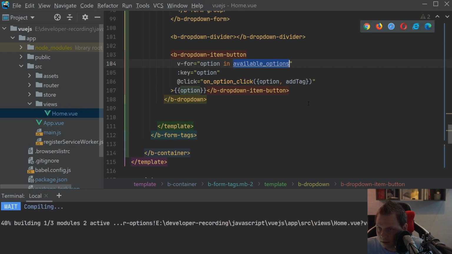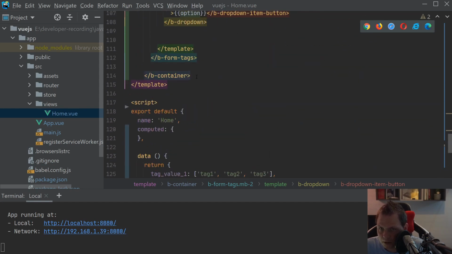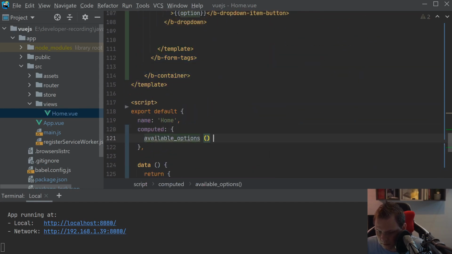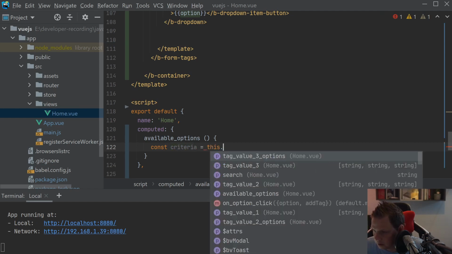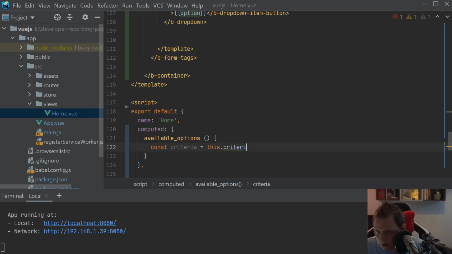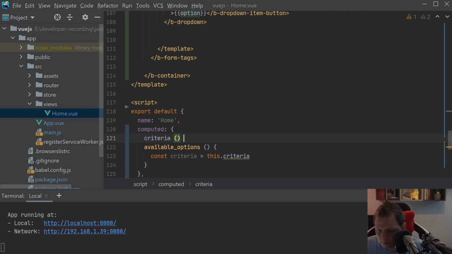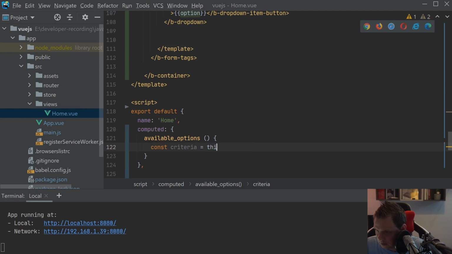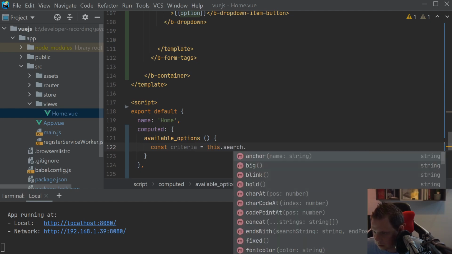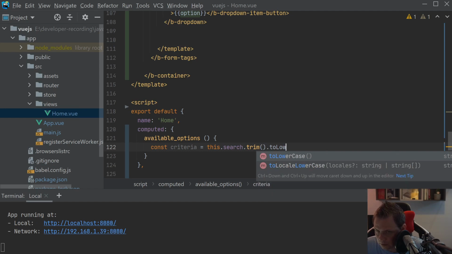Yes, it should be a computed ops here, and what we're going to expect here should be equal to this criteria, and then we just do this and add this. We don't need this. I can just say this search trim to lowercase,